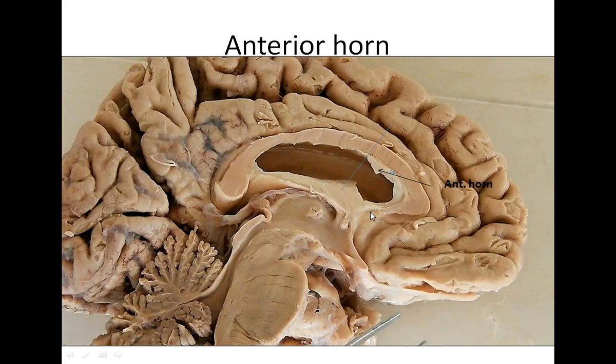Now you can see this is the anterior horn. The anterior horn of the lateral ventricle lies anterior to the central part. We have discussed already about the central part. So now it is the anterior horn. It lies anterior to the central part, the two being separated by an imaginary vertical line drawn at the level of the interventricular foramen. This is the interventricular foramen. You can see an imaginary line drawn from here. It separates the anterior horn and central part.